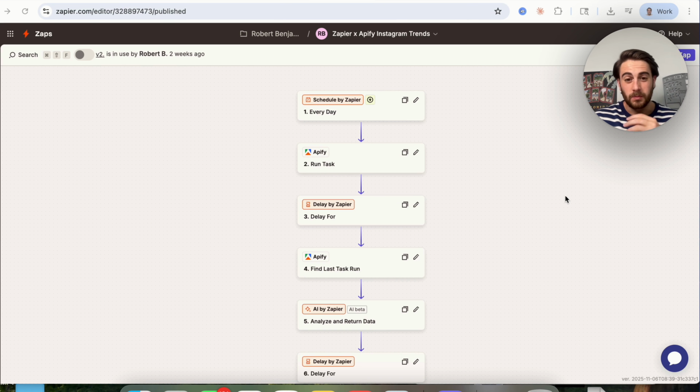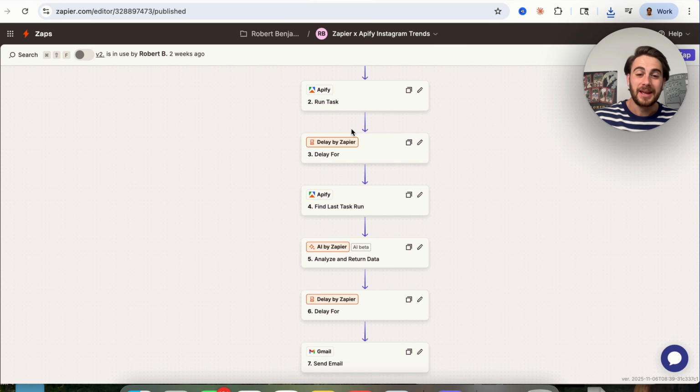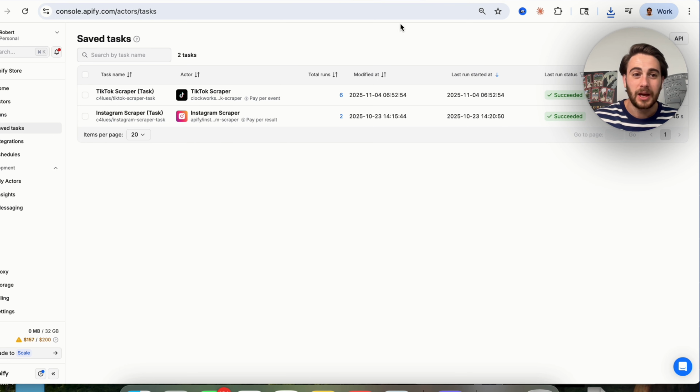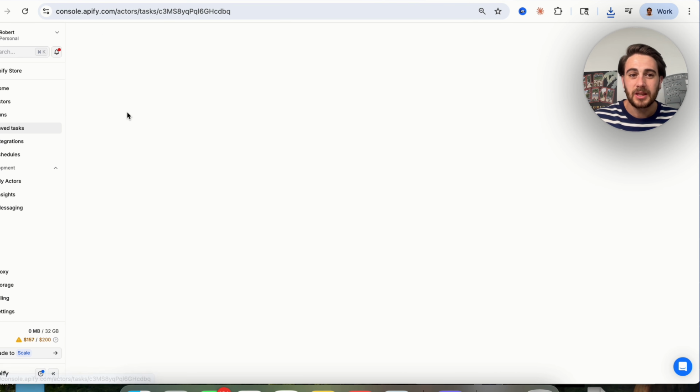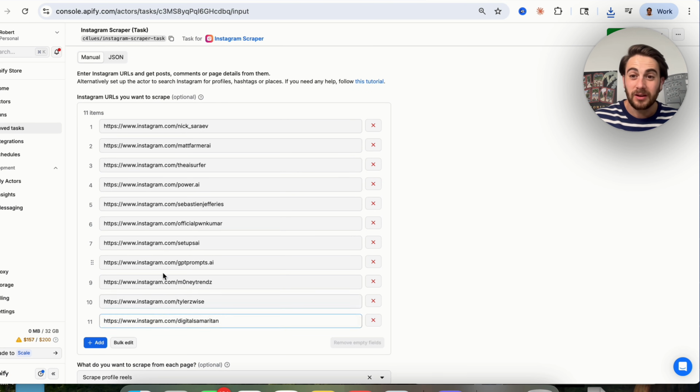Now, for the fourth automation, before I get into my last and favorite one, we could see that I have the same exact thing, but this is Zapier x Apify Instagram trends. For this one, it's basically the same exact setup as the TikTok one, except what I did was I came over here and just specified a different Apify task that it's going to be running. And if we come over into Apify right here, we could see that this one is using this Instagram tool, and we could see that I've added in a bunch of different people that I want this to pay attention to. And then just like the TikTok one, this sends me an email every day with exactly what's trending